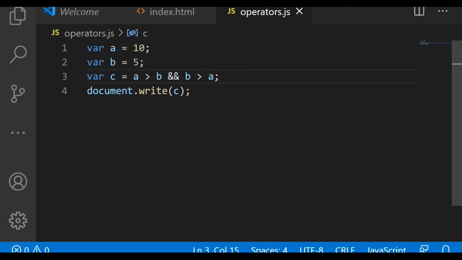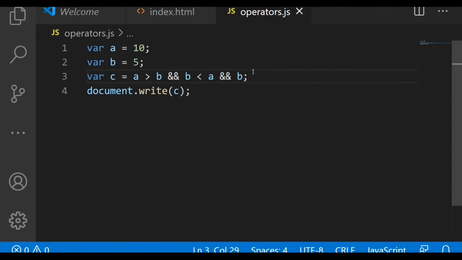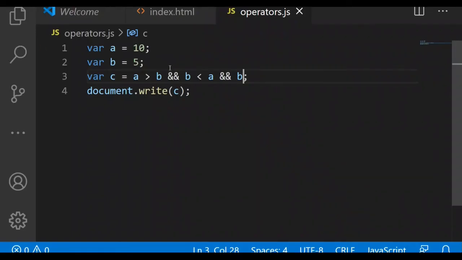So in the above example, where c equal to a greater than b and b less than a and b, as you can see in this statement, the first two conditions are true and the last expression is only a value. So in this case, the AND operator will return the last expression value, which is b. So the result will be 5.